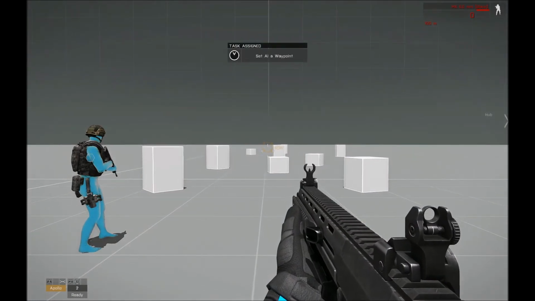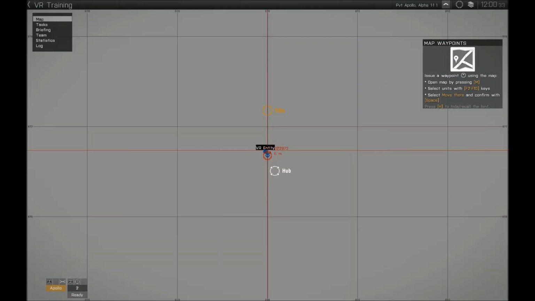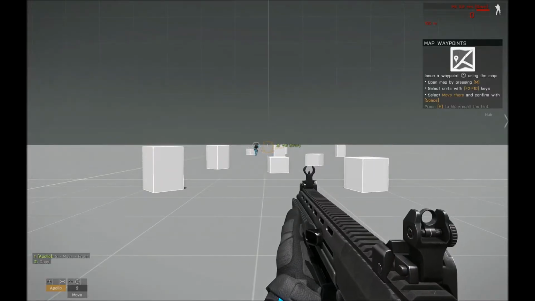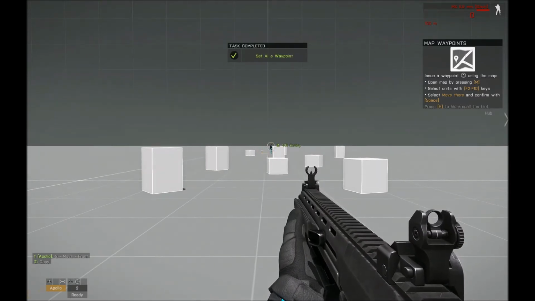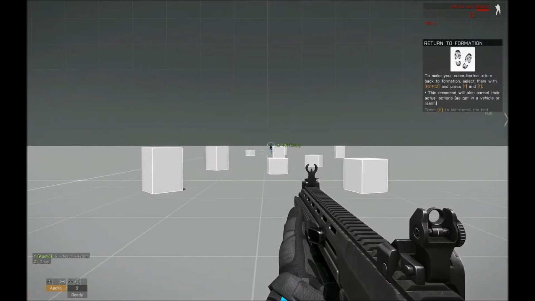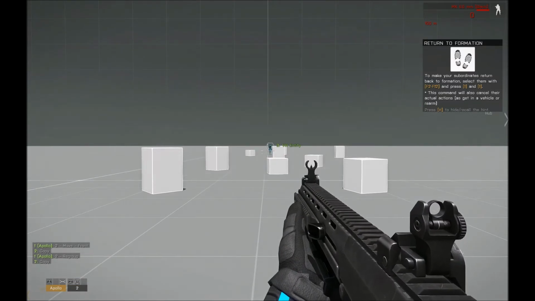So if you want to change the formation or change their, I mean, look at this. Map waypoints. Select the guy. Hit F2. So this is not even a normal thing. Not left shift. I'm having F2 to pick 2. And I'm picking the move there. Confirm with space. Like, this micromanagement of the guys is, I don't know, like,